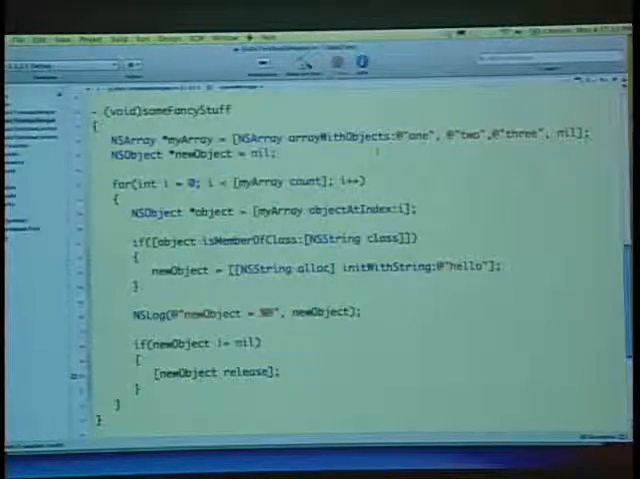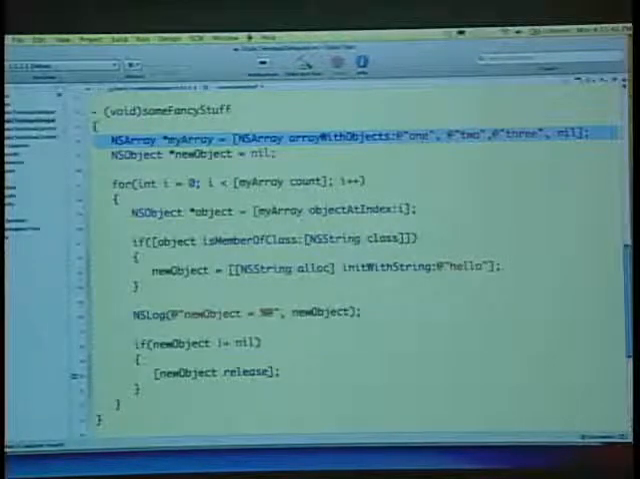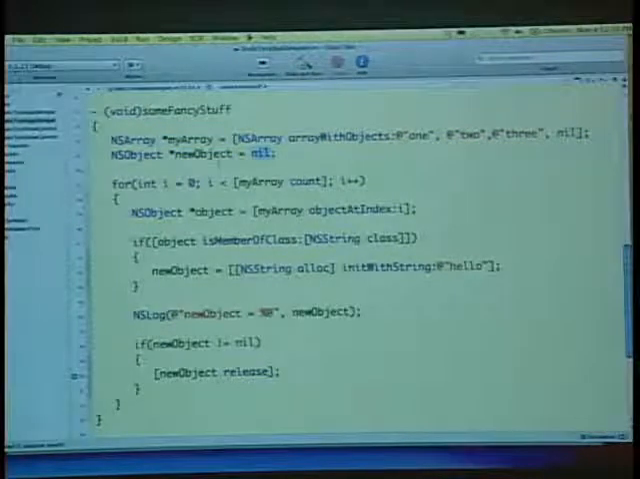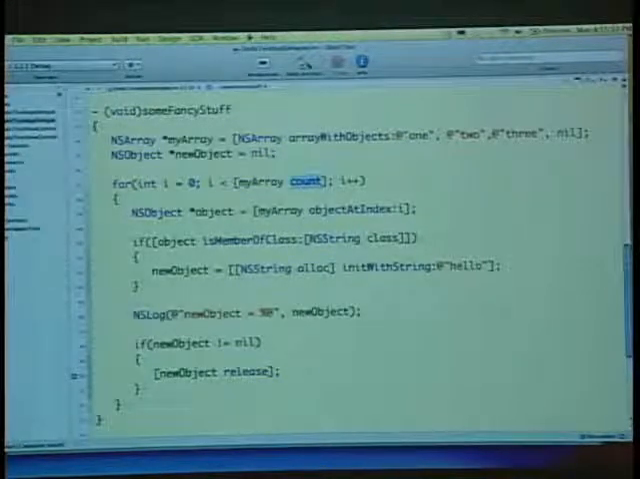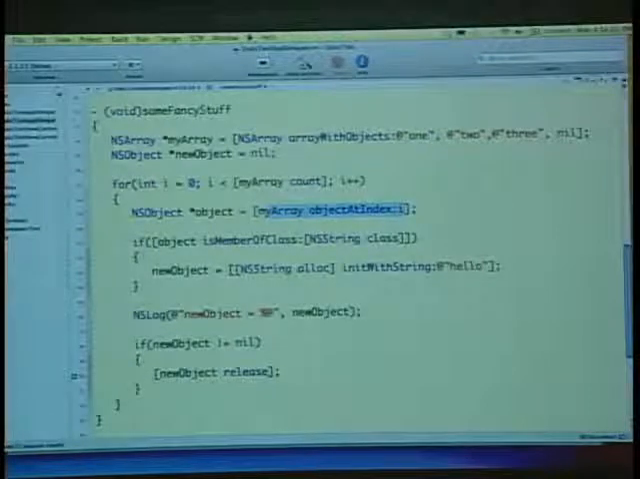Before the static analyzer, very quickly, what do we have? We just have an array of some objects which happen to be these strings 1, 2, 3, and we have this new object that's set to nil, and now I'm just looping over that array, and however many objects are in there, grab the object at whatever index we're at, and then I'm saying, if the object we're looking at